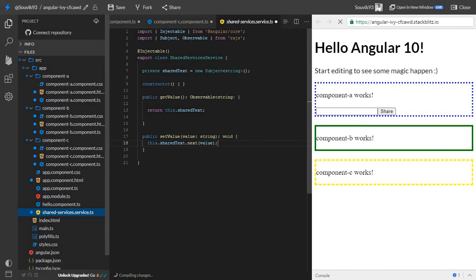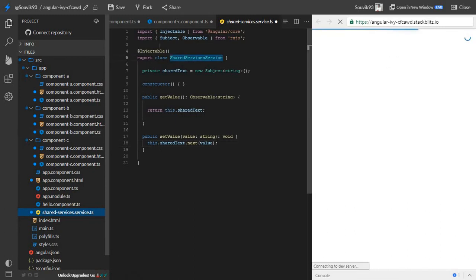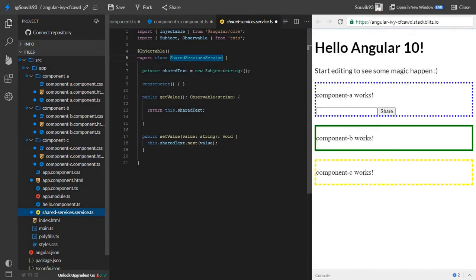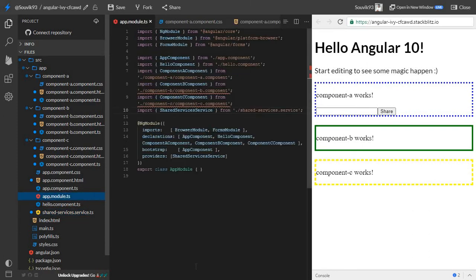So that's pretty much it. Let me cross check once again. Since it's a service, you need to inject it, so let me check my Angular module. I think it is already done. Yeah, it's already provided in my module. If you are creating it on your own and not using Angular CLI, then you need to write this line to provide SharedServices. Then all components in this module will get the same instance of our shared services.